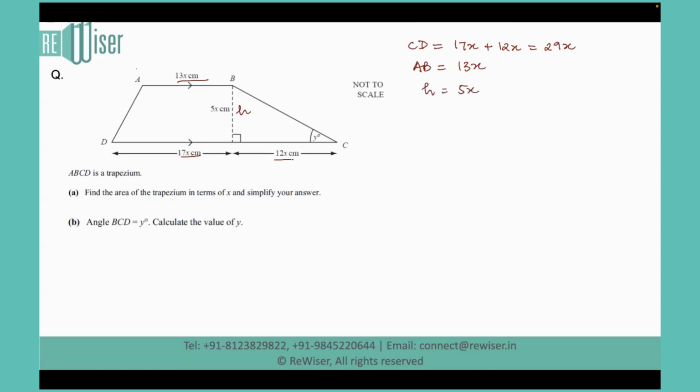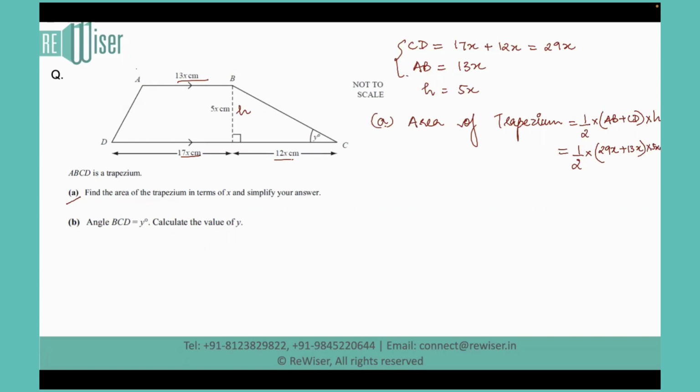Our first question says, find the area of the trapezium in terms of x and simplify your answer. So in part A, first of all, we'll see what is the area formula for trapezium. It's equal to half times the sum of the length of parallel sides AB plus CD times the height between these two parallel lines. So we can say that half times AB plus CD, that is 29x plus 13x, and the